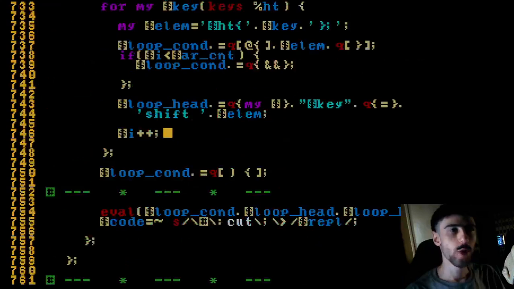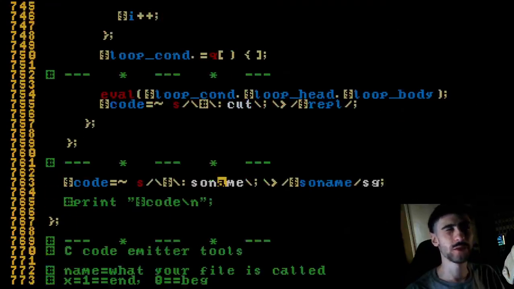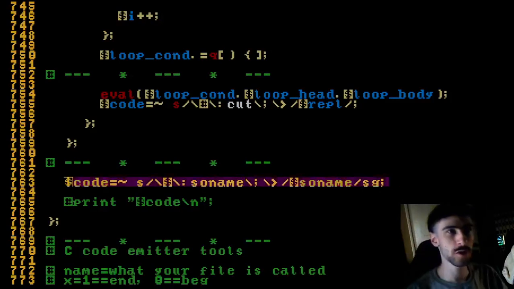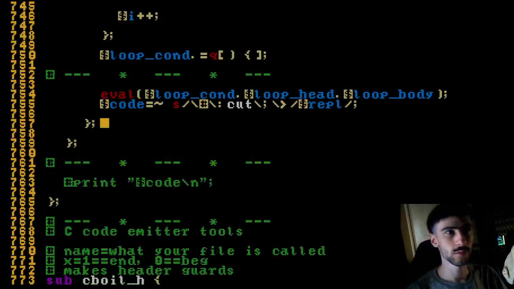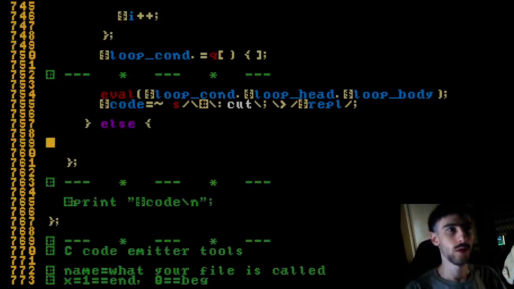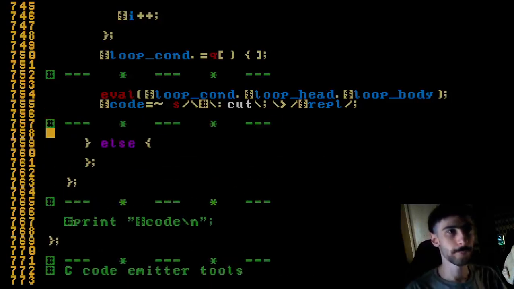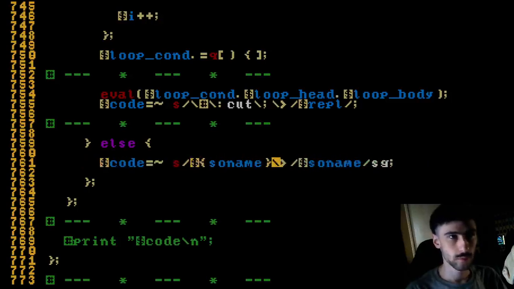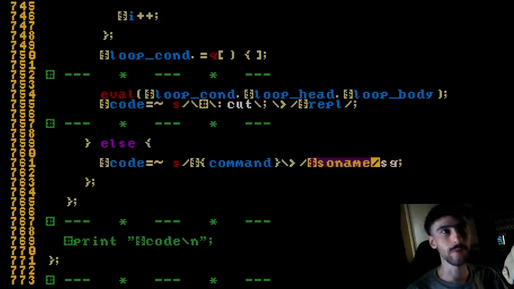Oh no, now I can't do it like this because I consumed the entire thing, which means that now I have to detect this name or just say else, the command, replace it for the command evaluated. Okay, so